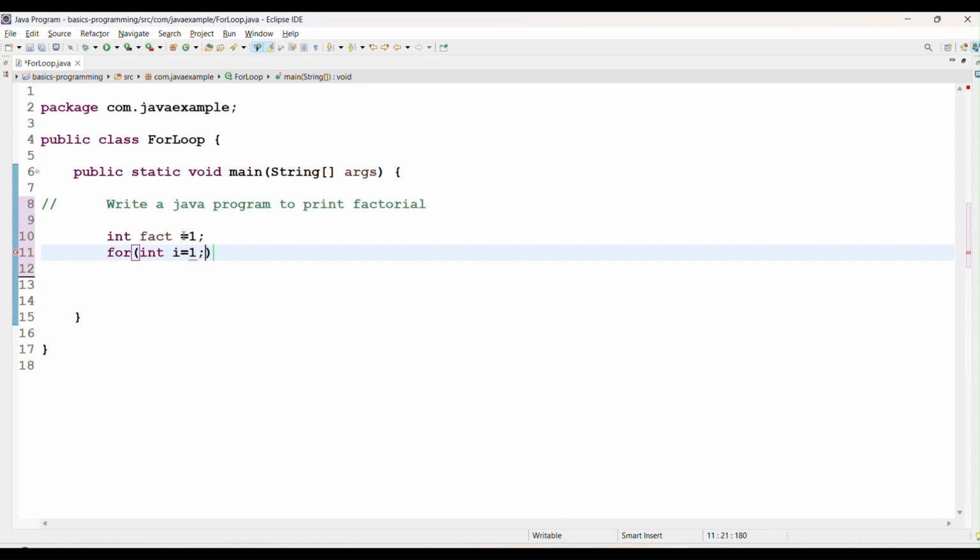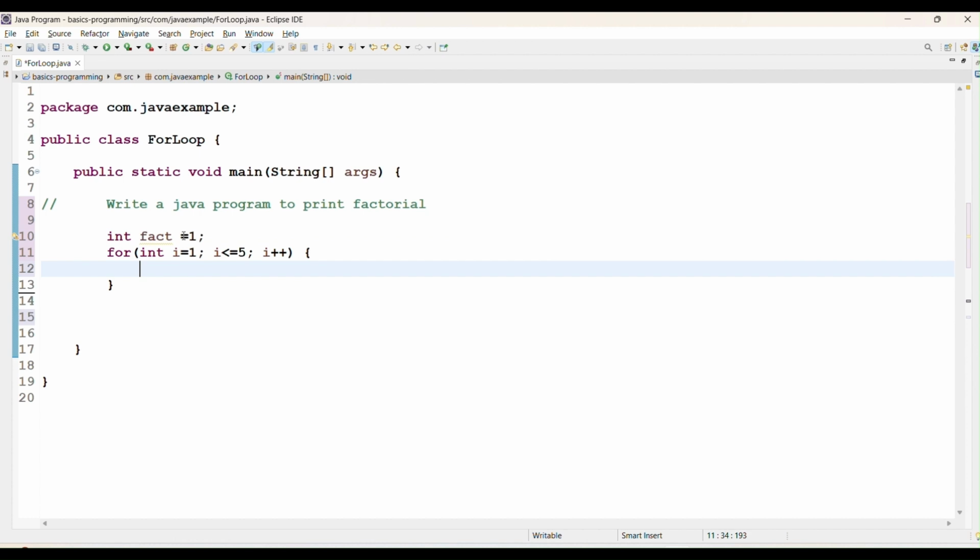If we start with 0, every single time it multiplies by 0. That's why we don't start from 0 in this question. We also need a condition, i less than or equal to 5, to compute the factorial up to 5, and i++ to iterate every single time until the condition is false. And what we need to do is fact